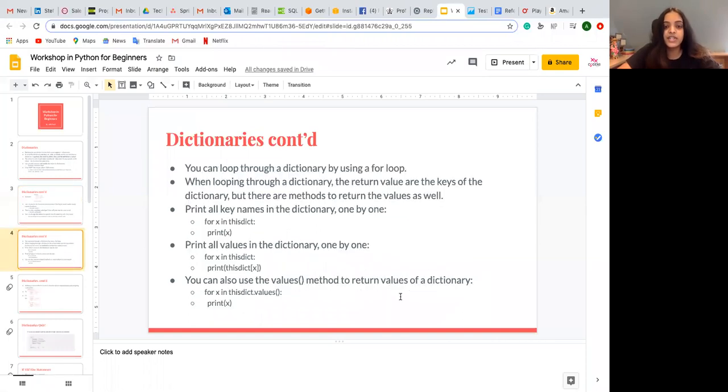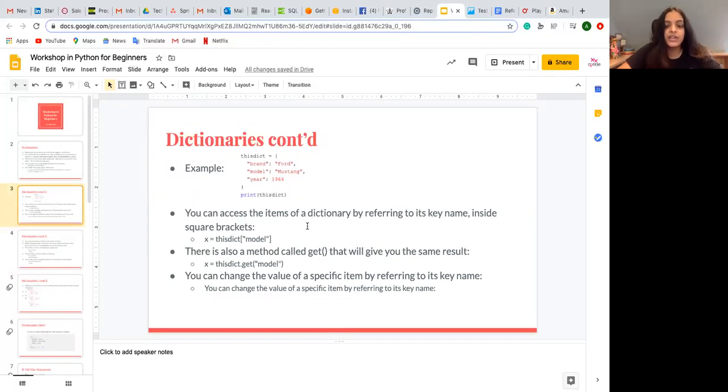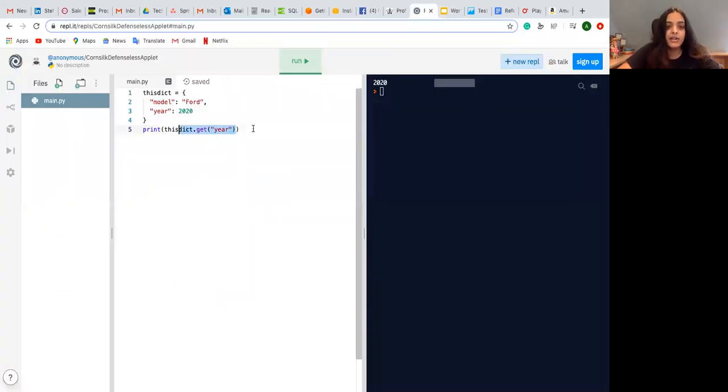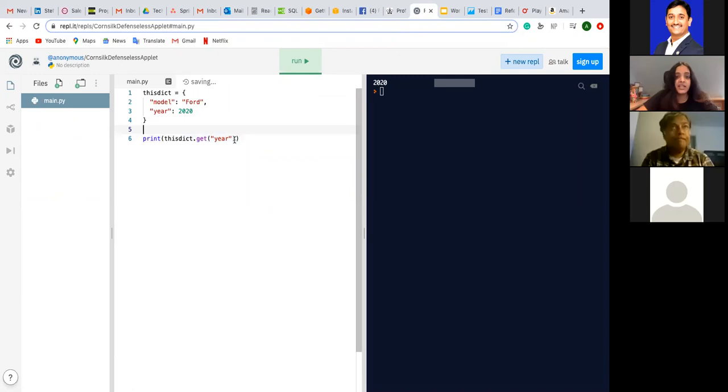You can also change the value of a specific item by referring to its key name. So let's say I wanted to change the year to 1984. The way we would do this is similar to the way we would change an integer. If we had an integer like 4, we would just say x is 5, and that changes it, right? So in this case,